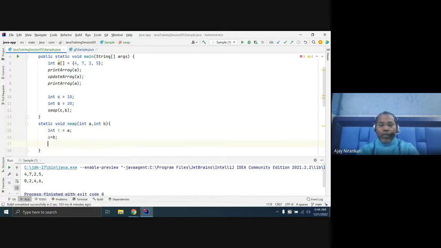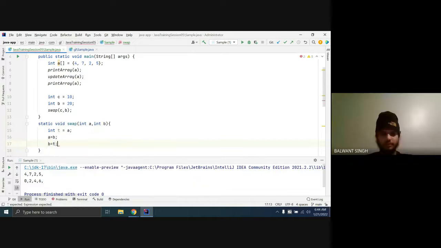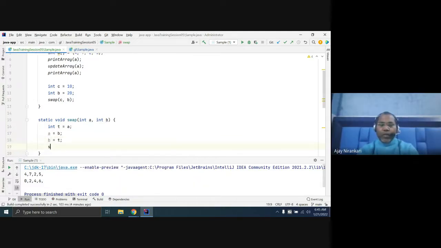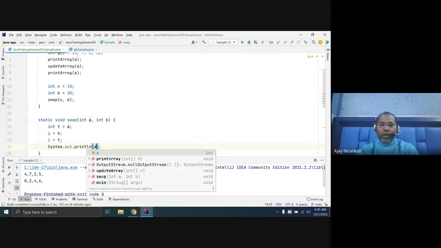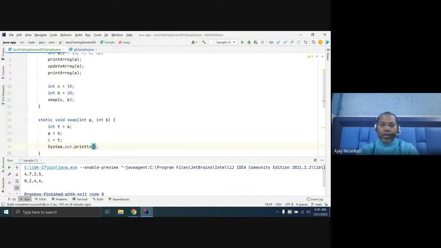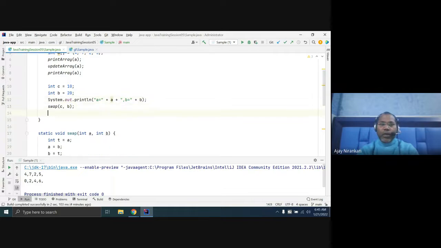And here print System.out a equal to plus a. I'm explaining how and why an array differs from a primitive data type. b equal to plus b, right? Let us print here also a and b.